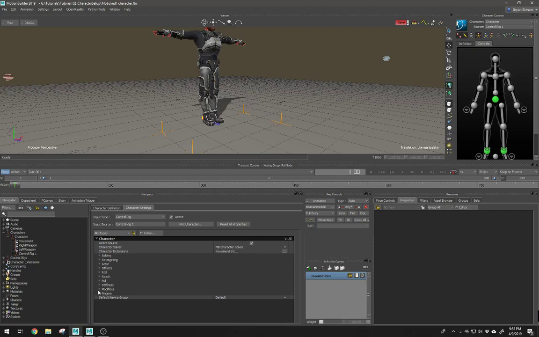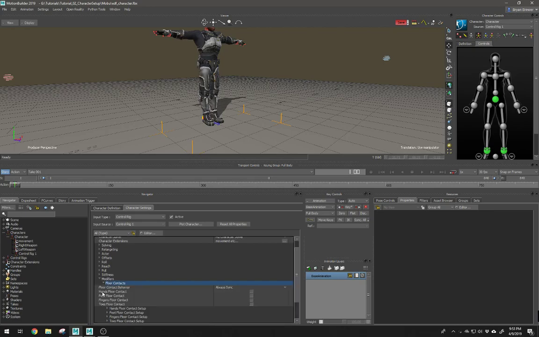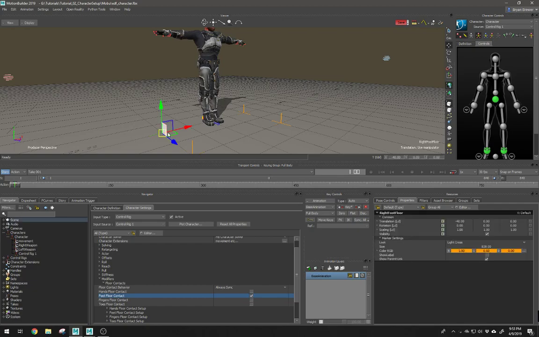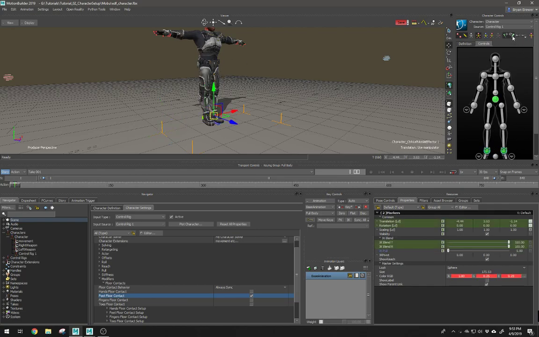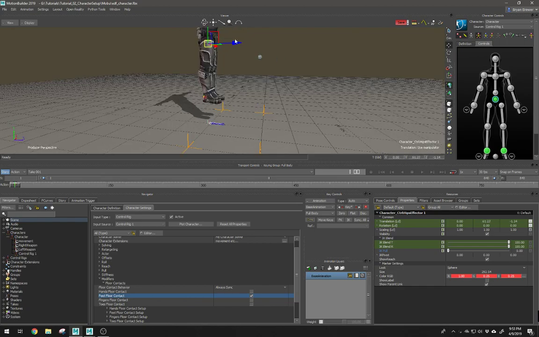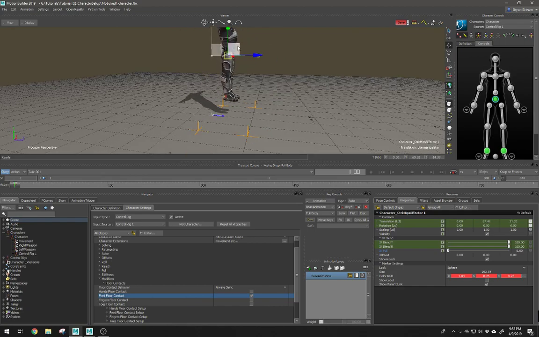So there's a setting in here under modifiers called floor contacts, and I'll turn on feet floor contact, which is right here. And if I take his foot floor contact and I start lifting this up, you can see it actually pushes his foot up. So for example, right now his feet are pinned, but if I unpinned his feet, just start moving him around like so, he moves around how you'd expect, until he hits that plane